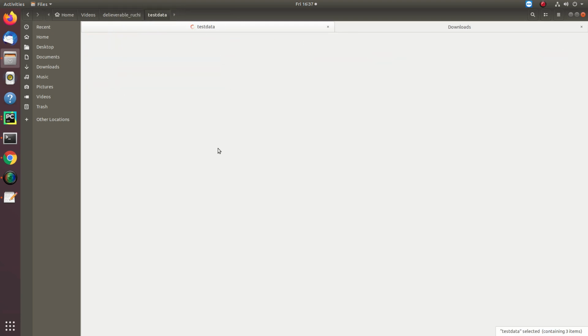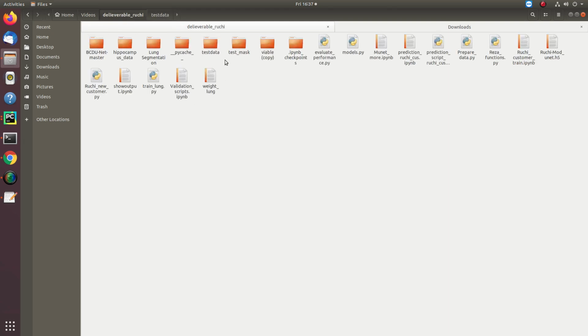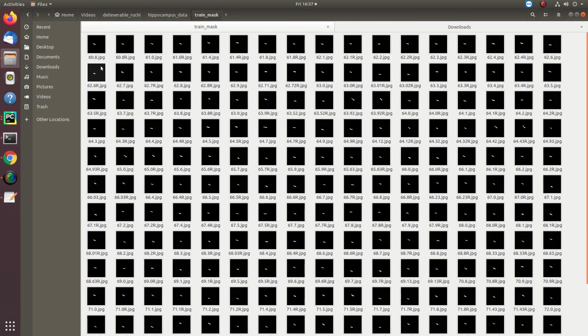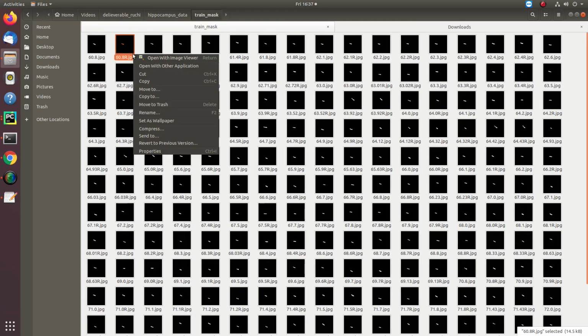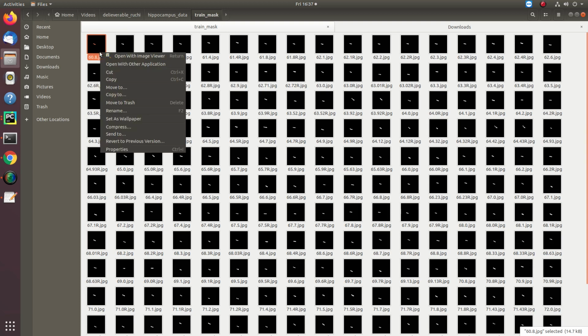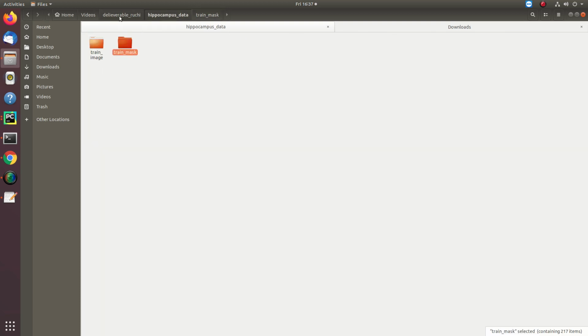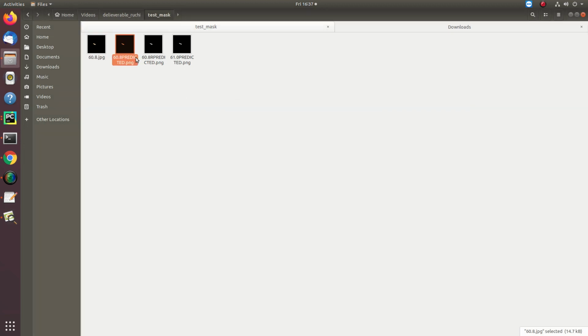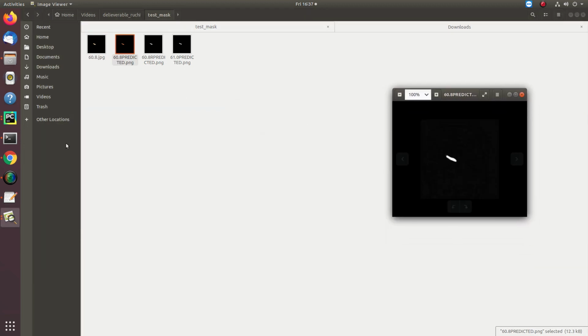So let me drag the input test image, 60.8 from train mask, 60.8, and this is this one. So let me show you. This was actually the original mask, and this was the predicted one.